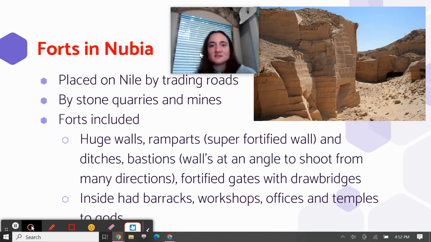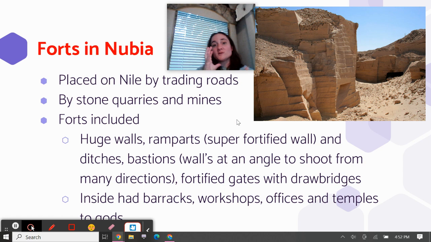All right. So, forts were always placed by the Nile, not only for a fresh water supply, but also for boats to come in and out, and definitely by trading roads as well. So there's always fresh supplies of both soldiers and food that needs to come in. And they're also always by stone quarries or mines because you need to get the stone from somewhere to build